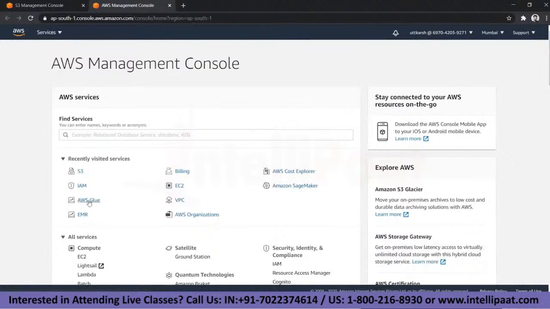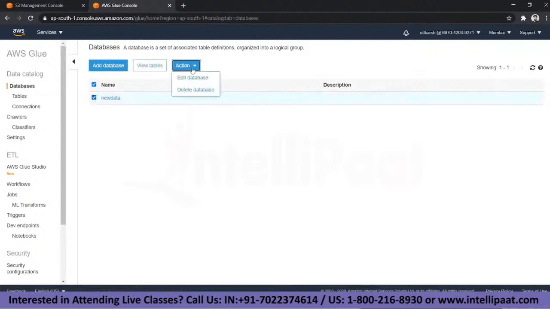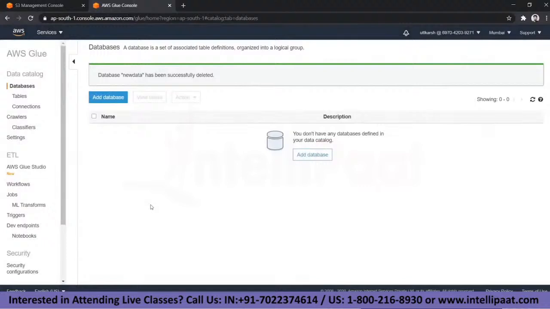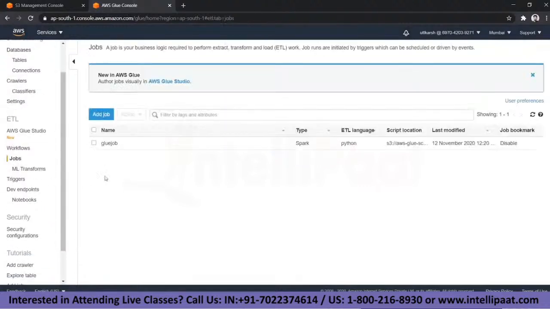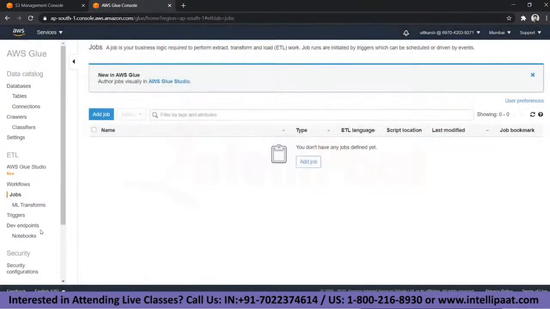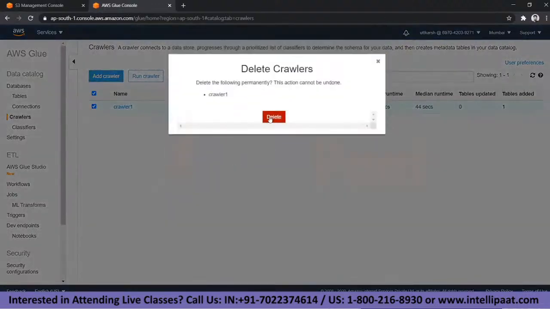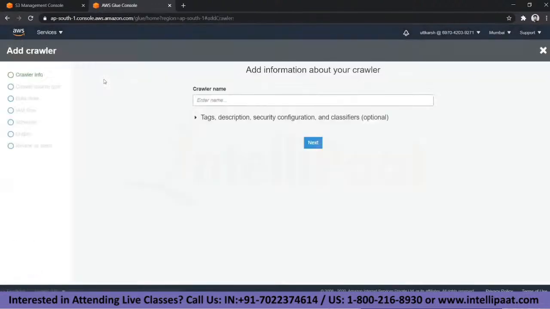So I'll open up AWS Glue, right? First, I'll delete any databases that I already have to avoid any sort of conflict. And I'll delete my job as well, right? Then I'll go to crawlers. So this is the part where we're actually basically picking that data up from S3. So we'll delete this pre-existing crawler, go to add crawler and create a new crawler. So let us call this YT Live Glue